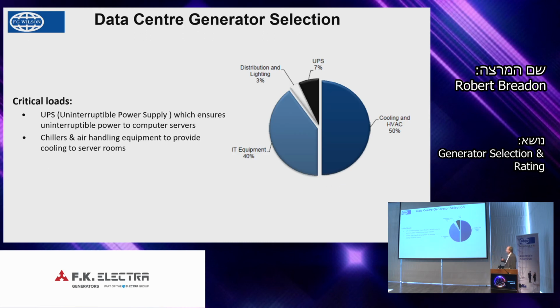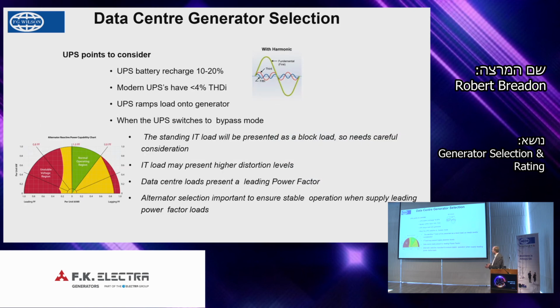And looking at it from a selection perspective, from a genset point of view, the data center has two critical loads that need to be considered: the UPS, which is backing the critical servers or computers, and then the cooling load. Computers generate a lot of heat. When you put a lot of racks of computers together, they generate a tremendous amount of heat, and that needs to be managed by chillers and air handling. So that is normally the load they're going to experience when we're supplying a genset into a critical data center. So looking at it from a UPS perspective,